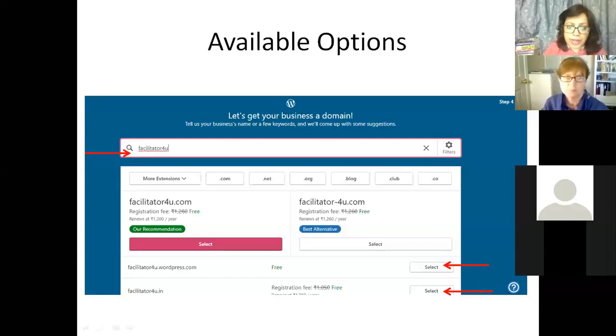So here, when I selected facilitator for you, then is when WordPress suggested me facilitatorforyou.wordpress.com, which is an easy name to remember. And this is available for free, and I can select it. If you want, there is also facilitatorforyou.com available, but that is a paid domain. Why is this a paid domain and why is this a free domain? Because if you can see, this is